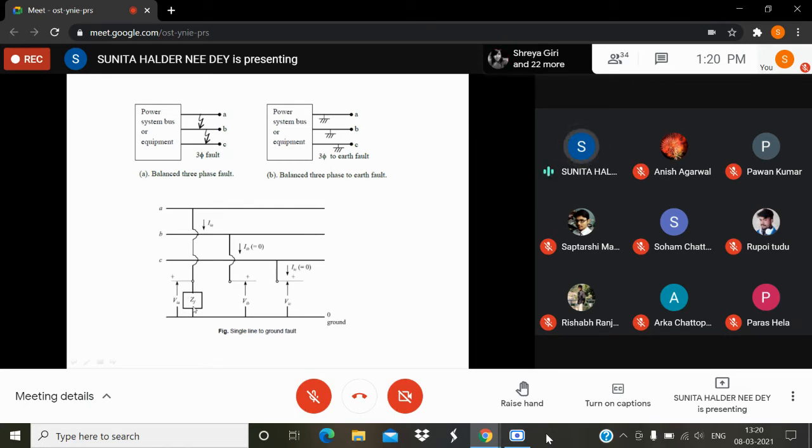Then this ZF may be 0, then it is called dead short circuit. Or ZF may be a very small value, 10 ohm, 1 ohm, 15 ohm. So then it is called the fault through impedance. But here only one line is grounded through some impedance or may not be, then it is called single line to ground fault. So obviously the current in A phase and B phase and C phase will not be same. They will be drastically different.